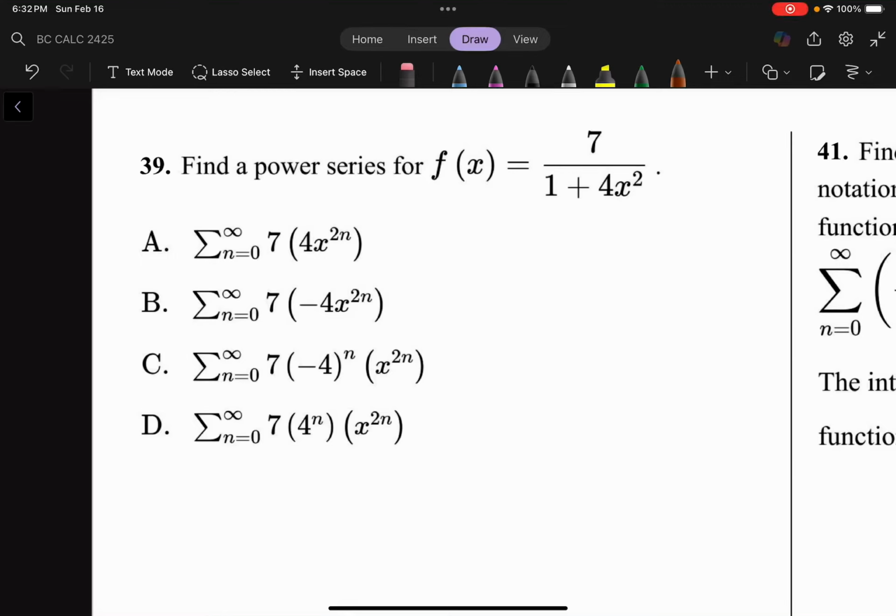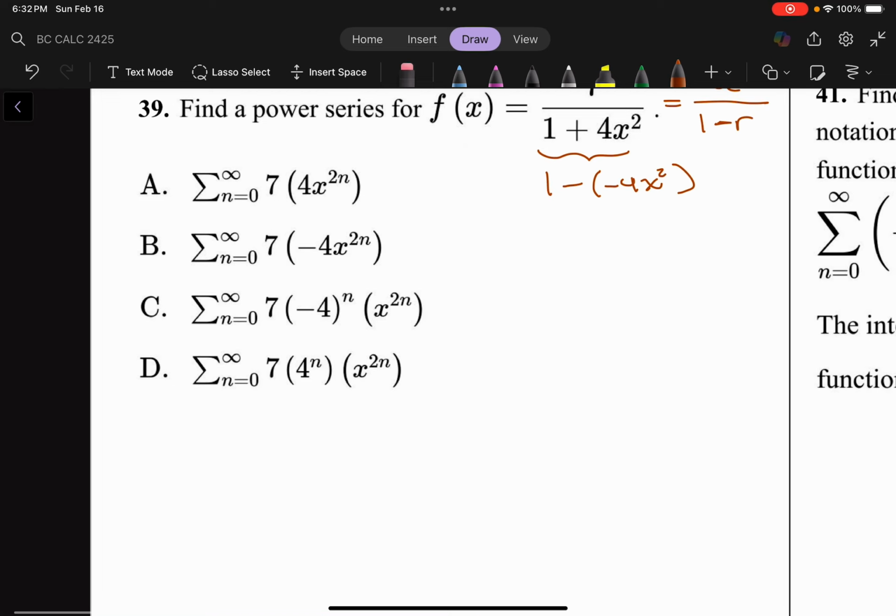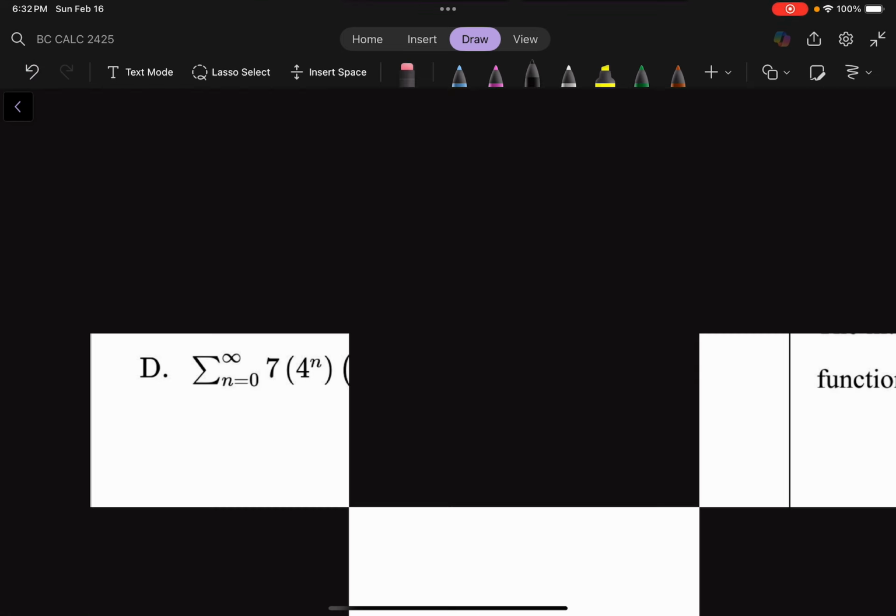Okay, this question asks us to find a power series for this function. We should know that it has the form of a geometric series if we just re-express this as 1 minus negative 4x squared. So now we can find it and then just put it in sigma notation. So just recall that